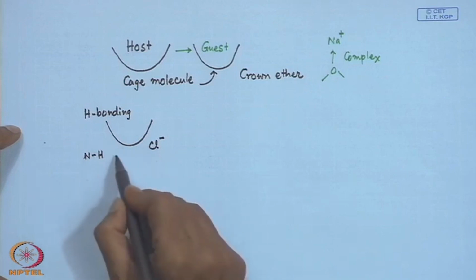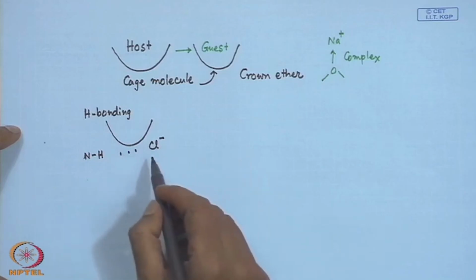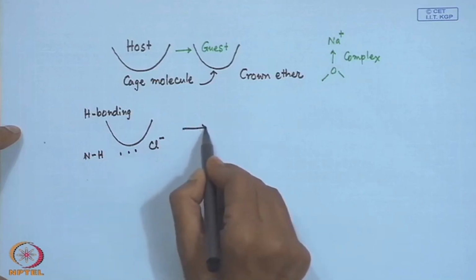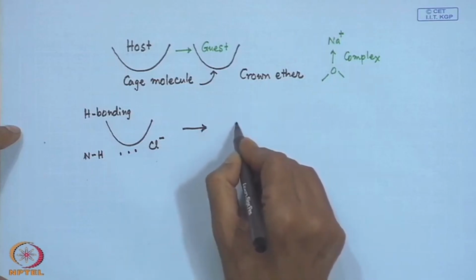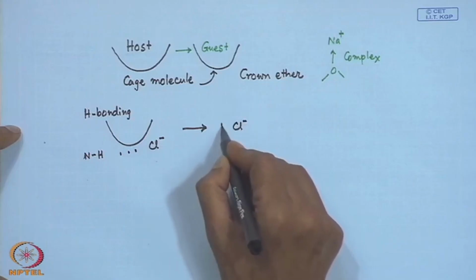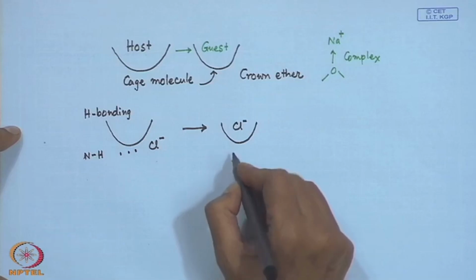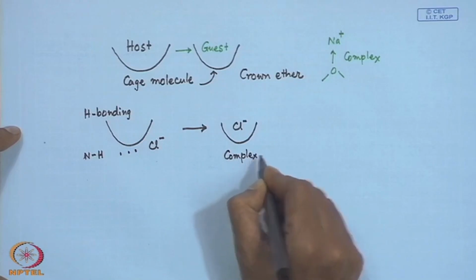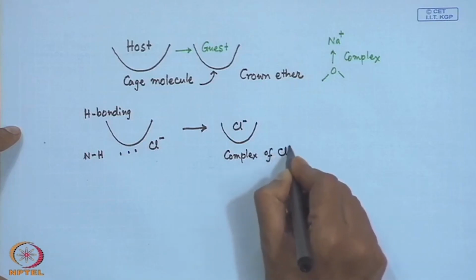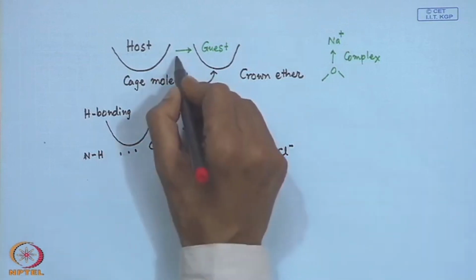These NH groups can interact with this Cl minus through hydrogen bonding interactions, and we get the corresponding complex species where this hydrogen bonded form of Cl minus is there. So, it can also be considered as the corresponding complex of Cl minus. So, in all these cases there are some equilibria,